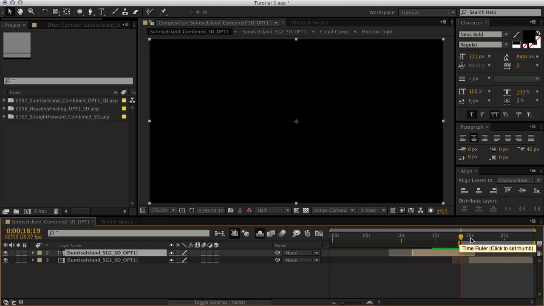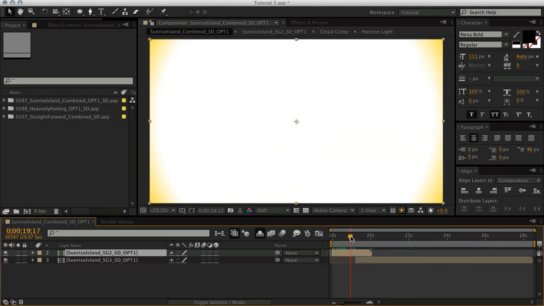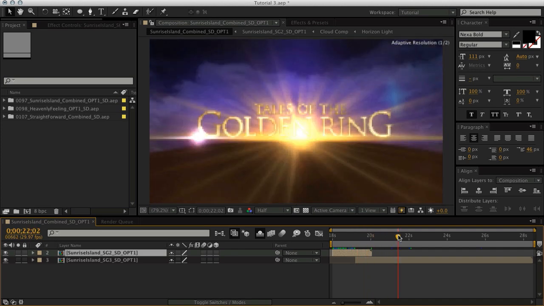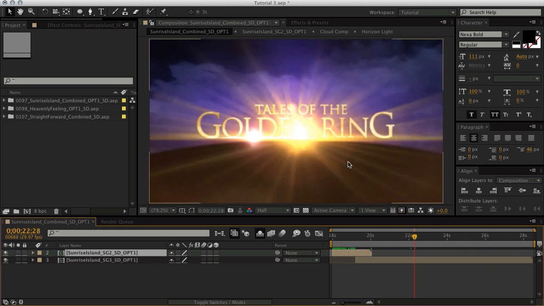I'm going to hit B on my keyboard, and then I'm going to right-click and hit Trim Comp to Work Area. And what that's going to do is just leave me with, I got my flare, and then that comes down, and there it is. It says Tales of the Golden Ring, and then that goes out, and that's all I want. So I'm going to stop right there on this comp, and we're going to move on to our next one,